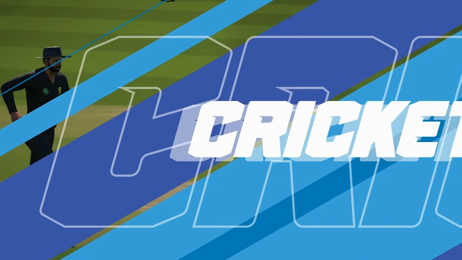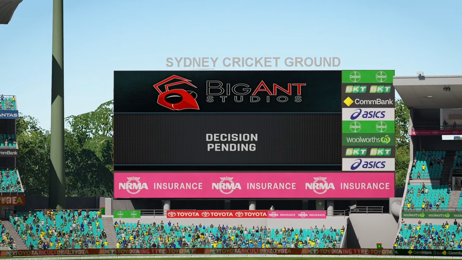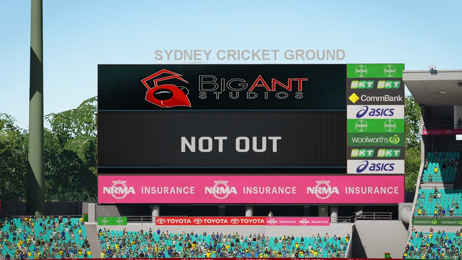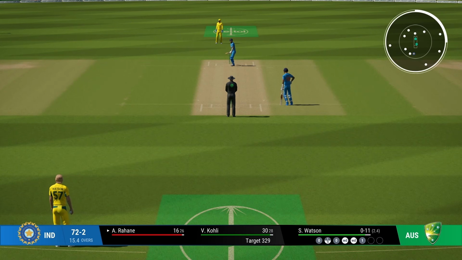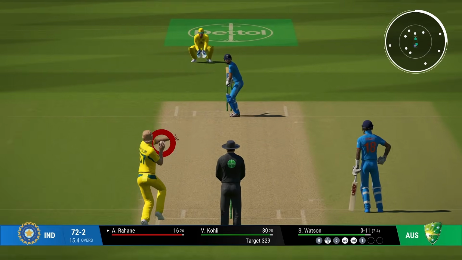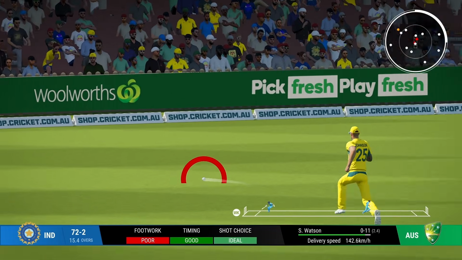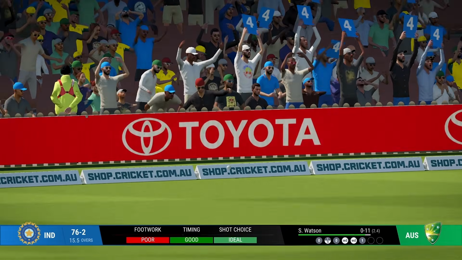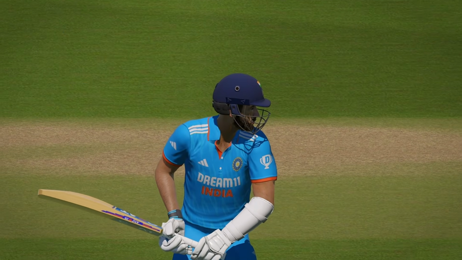The throw was as weak as humanly possible, and even then, I think that our desperate dive has saved us, but that was a little too close. A run out is the last thing we need. This partnership is growing nicely. Rahane is 16 off 26, so we haven't managed to get away with it so far, but that is another classy shot. It's so hard to find the gap there. It is so satisfying when you actually do, and not only that, we've also got 4.